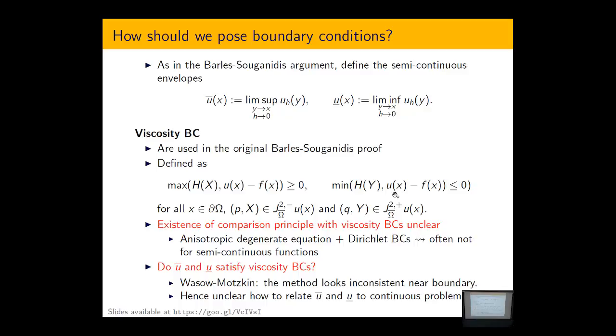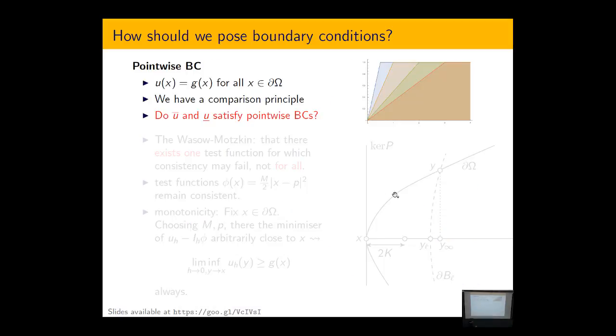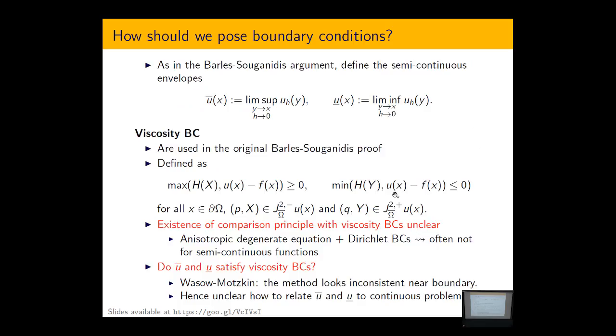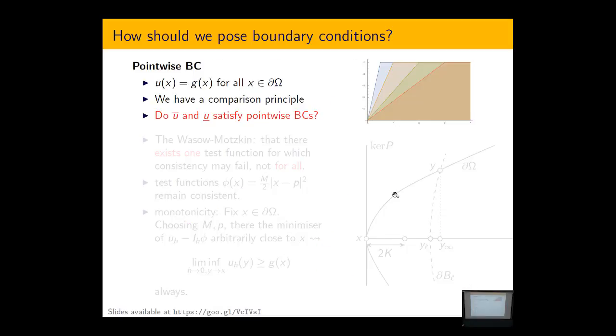No, it's just two reasons why Walzer-Ganides does not apply in its original form here. So what we want to do instead is show that we have pointwise boundary conditions. We satisfy them also for these envelopes here, because we already have our comparison principle in that setting. But this is a stronger notion, and the issue arises that a priori you do